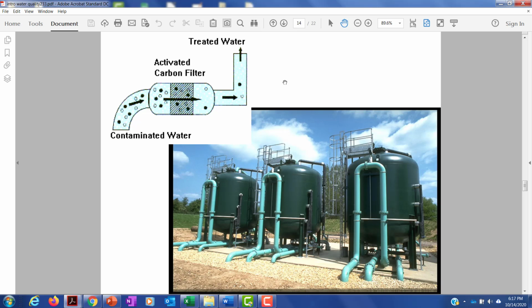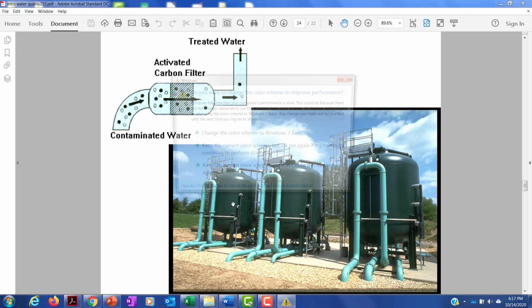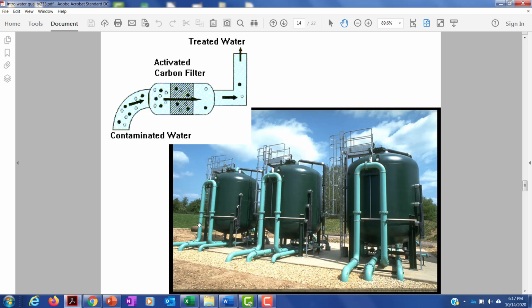This is how you would build it. We don't just get a bucket of charcoal and drip water through it. It looks a little more official this way. This diagram just says we just shove the water through a tank with carbon and it comes out clean. This is what it looks like on the ground. These are big tanks. They're just full of charcoal, high quality, highly engineered charcoal, but it's just charcoal. And the pipe shoves the water in, it passes through, goes to the next one, goes to the next one,